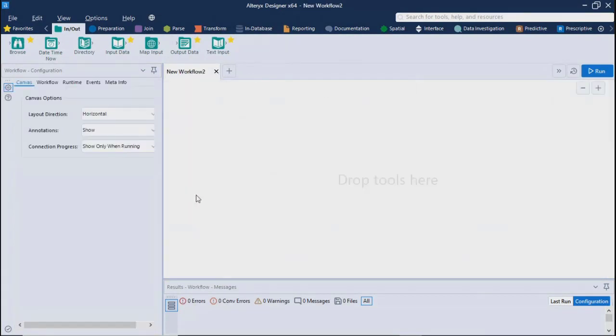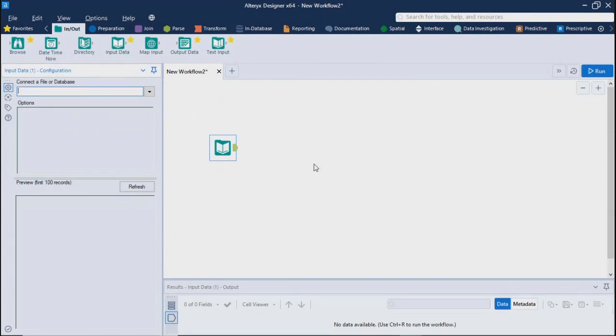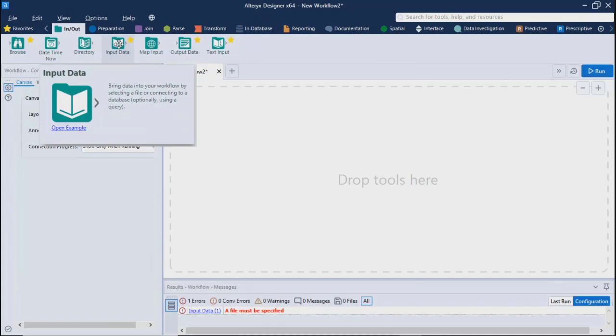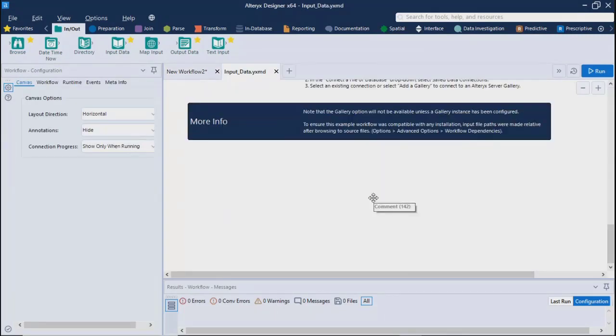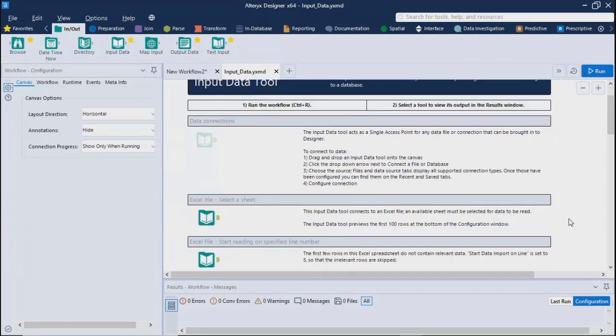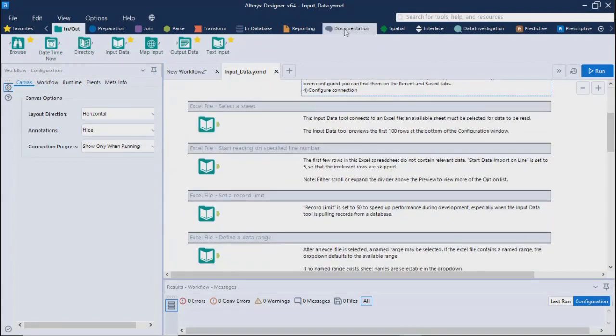First of all, if you drag this tool, it will come like this only. There is no information. What I did today, I put my mouse on it, single click, and then you get this card. From here I'm opening this example. If you open this example, then you get that detail. This example is basically the complete help or guide which you can follow for any tool over here.